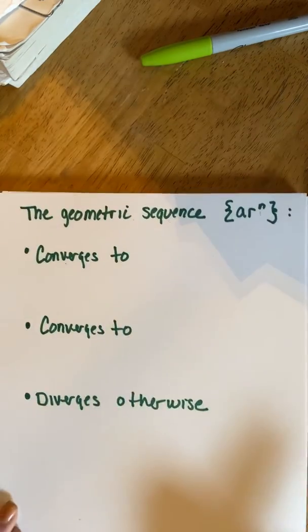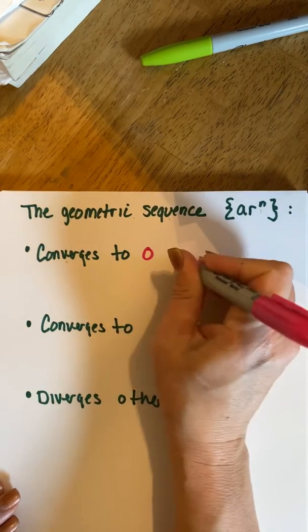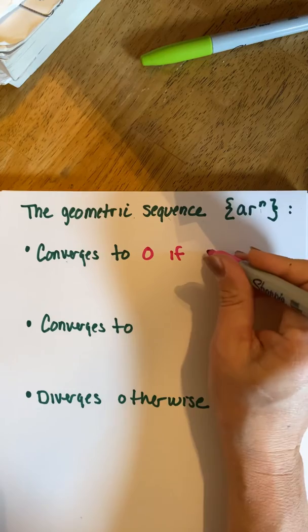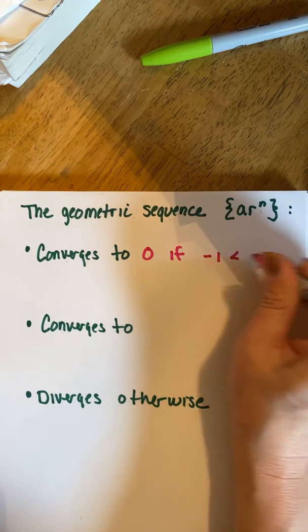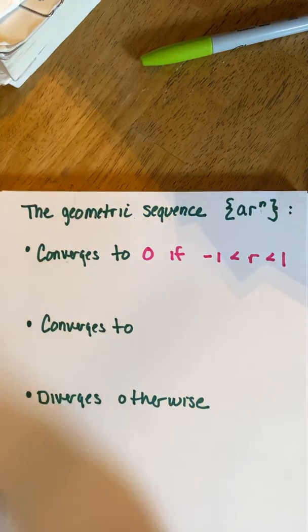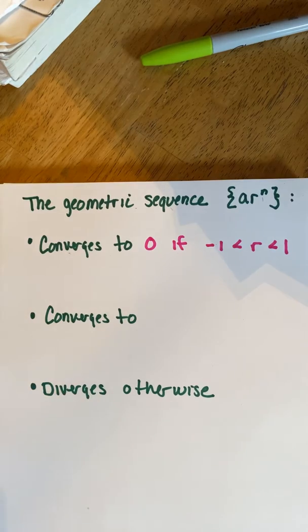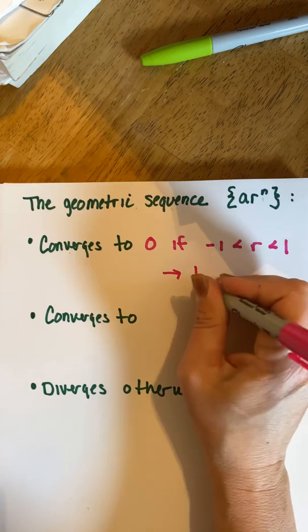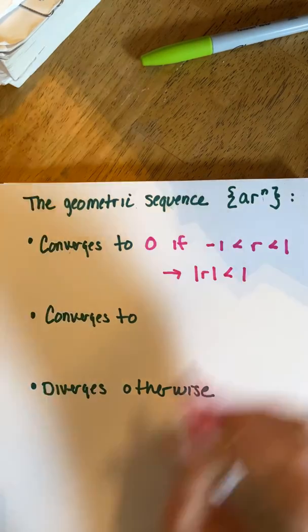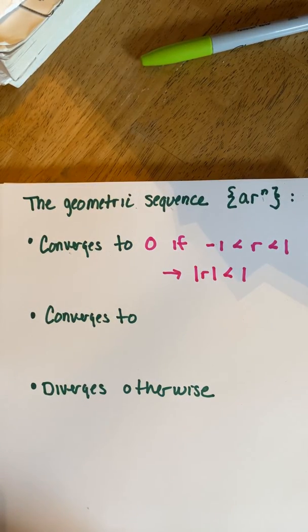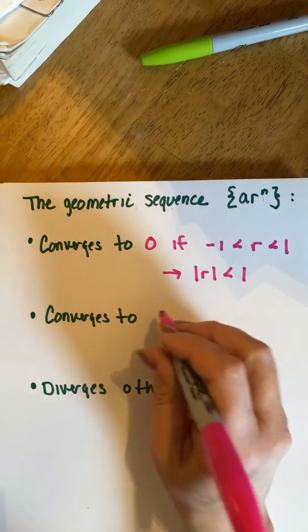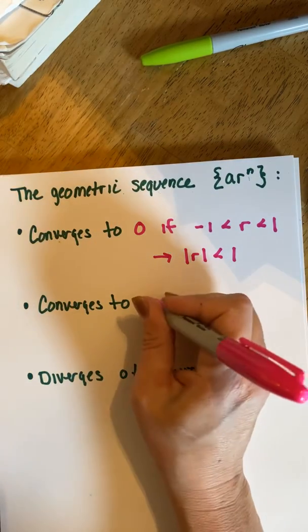So in general, a geometric sequence will converge to 0 if your common ratio is between 1 and -1. As long as it is a value between 1 and -1, we often write it like this instead: the absolute value of r is less than 1. The geometric series converges to